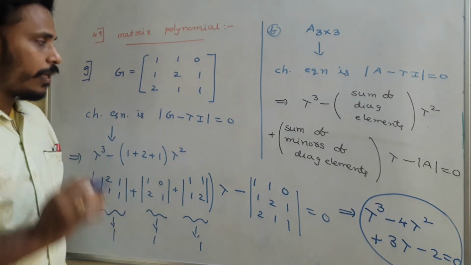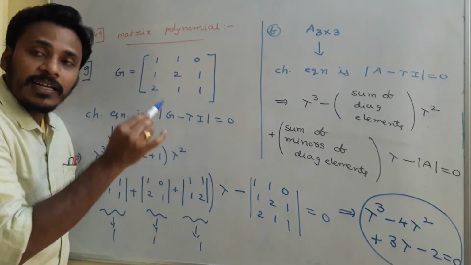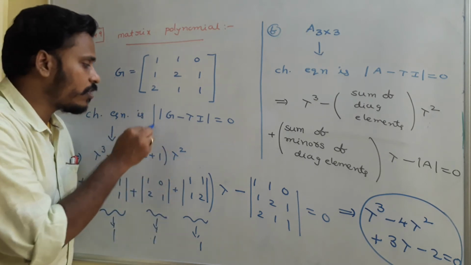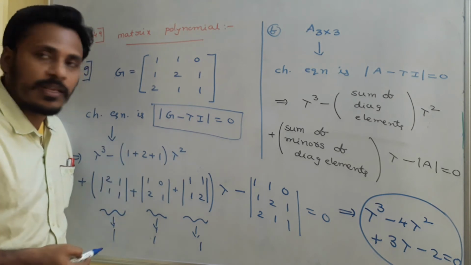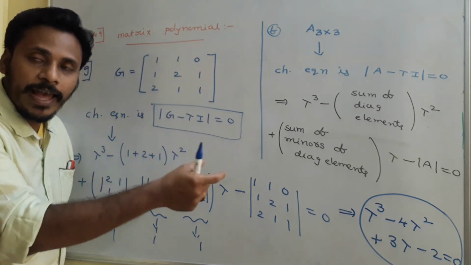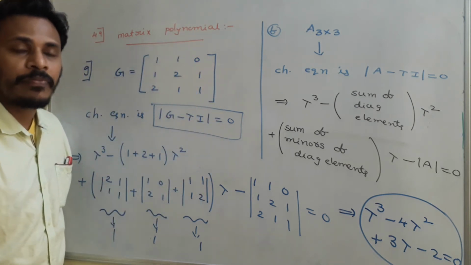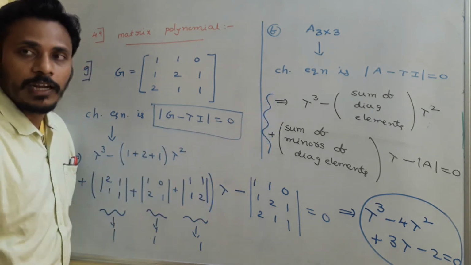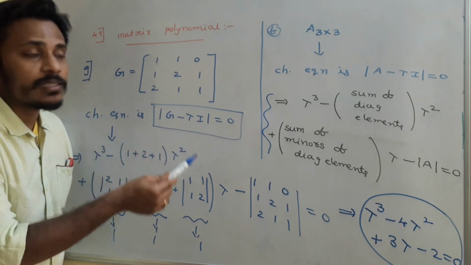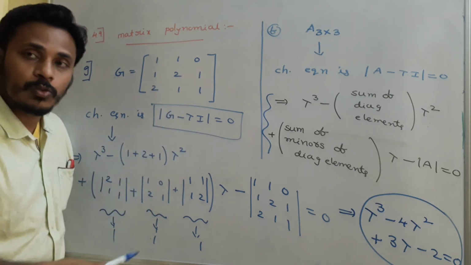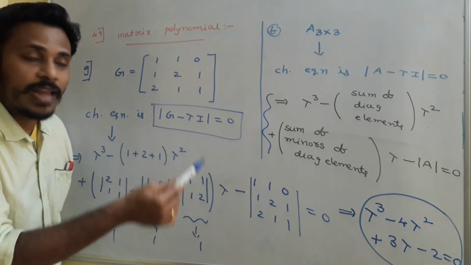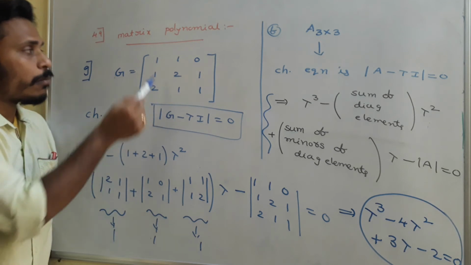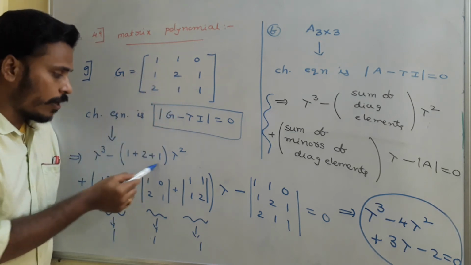See, once again I am repeating, to calculate the characteristic equation for a 3 by 3 matrix, we have two procedures. One procedure is just depending on this determinant of G minus lambda I is equal to 0. Direct way of calculating the determinant in terms of lambda. Or the other way is using this trick. What is it? The direct formula that for a 3 by 3, lambda cube minus sum of diagonal elements into lambda square plus sum of the minors of the diagonal elements minus determinant of A. So for the given matrix G, sum of the diagonal elements are 1 plus 2 plus 1 I mentioned here,